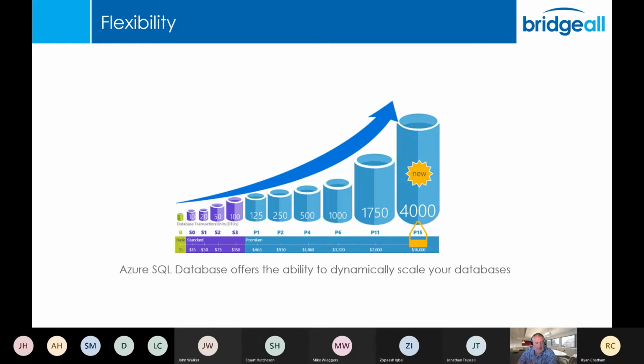And then the final one is flexibility. The cloud gives us the ability to easily scale up or scale down on any of the entities. The graphic there shows an Azure SQL database with all of the different SKUs that are available on that cloud service. Virtual machines are the same. So very, very easily we can change the consumption or the performance that